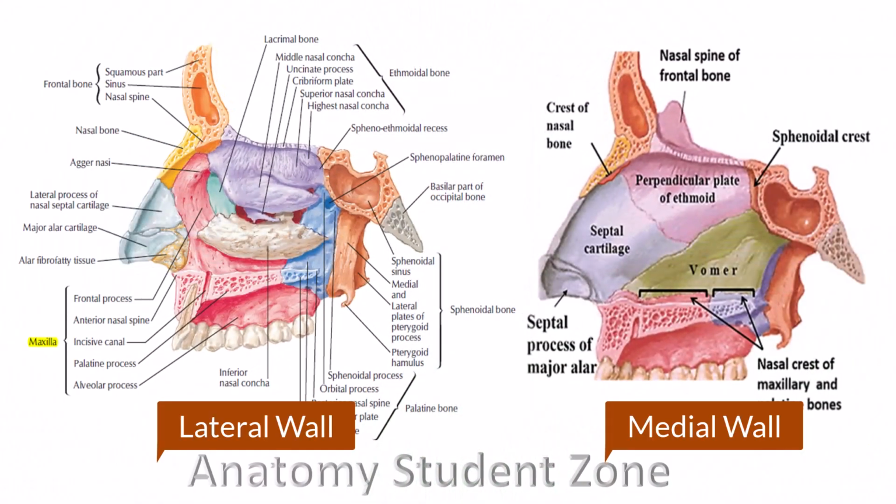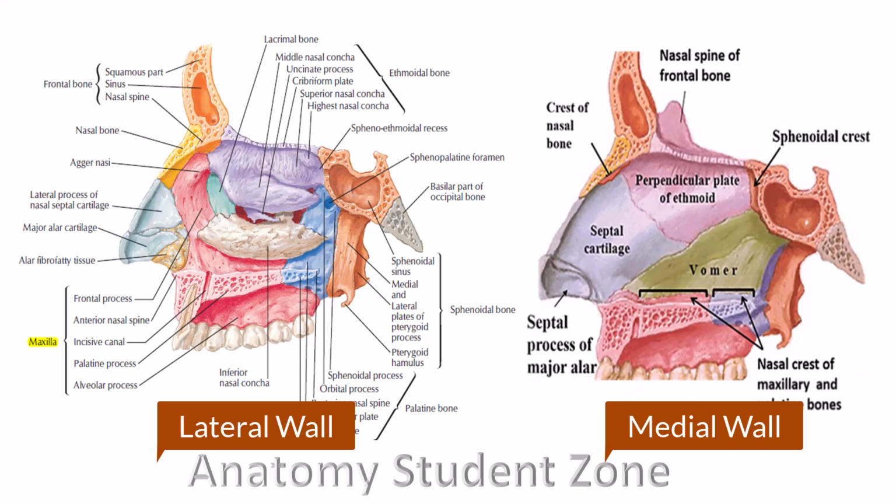So this is an image showing you the lateral and medial wall of a nose in comparison, and I'm pretty sure that you can identify these walls on a model as well on this basis: the lateral wall will have turbinates, whereas the medial wall, or nasal septum, is made up of bone and cartilage, which bone and cartilage I will cover later on.